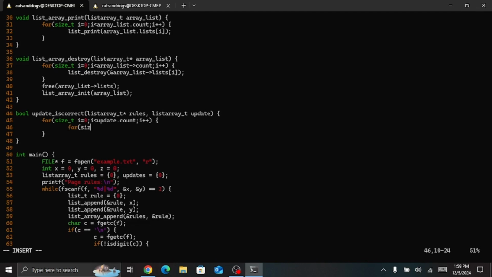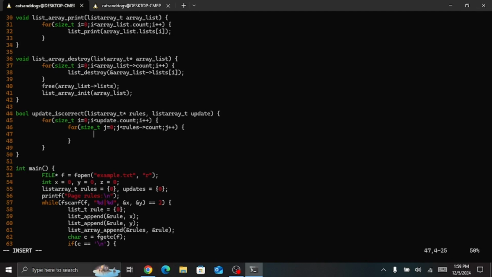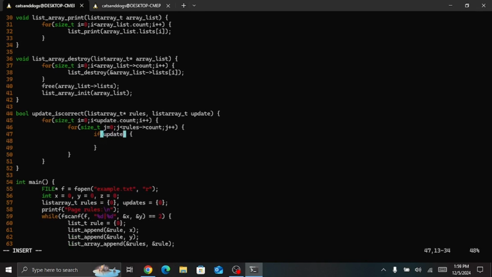So, guys, we're gonna say for size t j is equal to 0, j is less than the rules count as well, and we're gonna say if update at index, this is going to be update count minus 1, if update dot lists at index i dot array